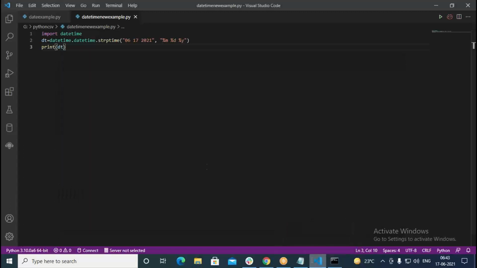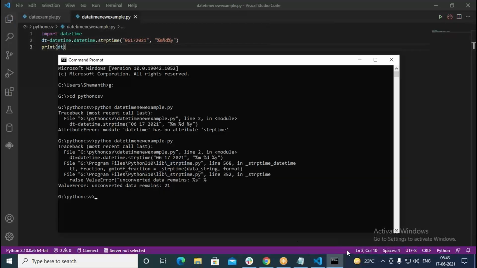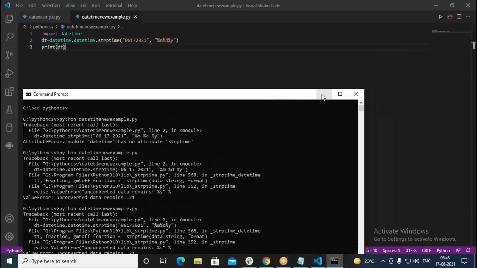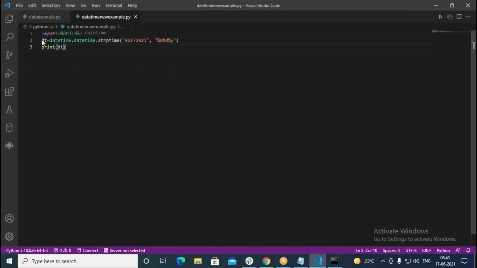Let us change it. I remove the space, then here also I remove the space, then try to convert it. So still it says there is an error. Fine. Now, since we don't know how exactly to use it, here I comment it.